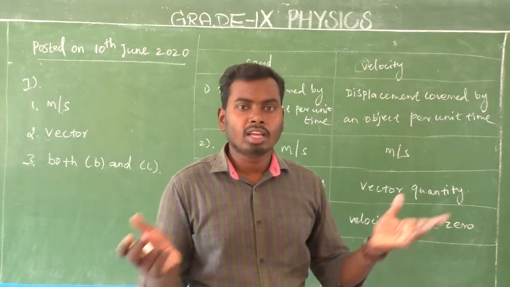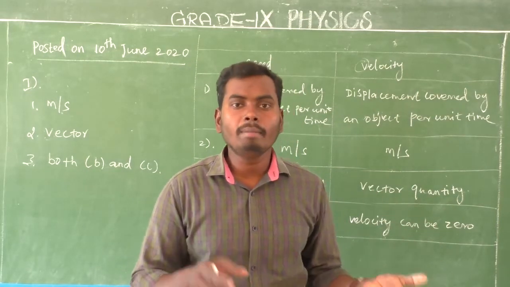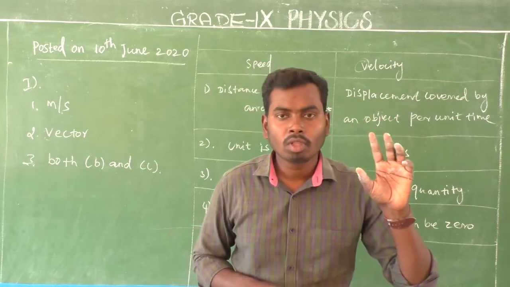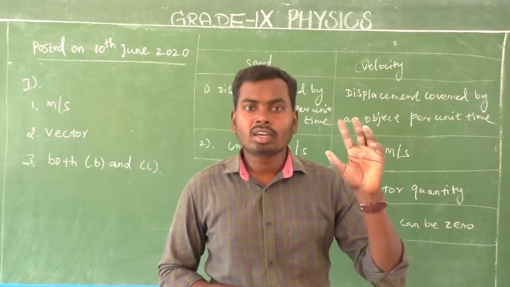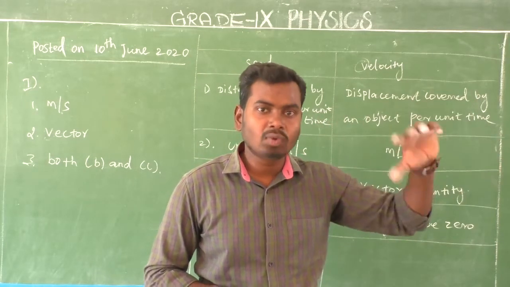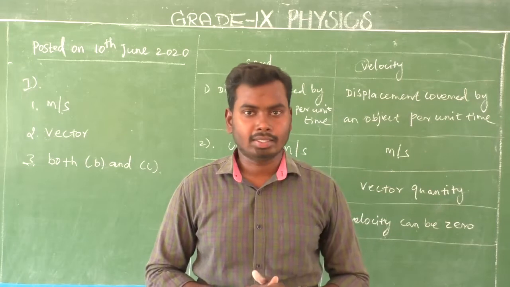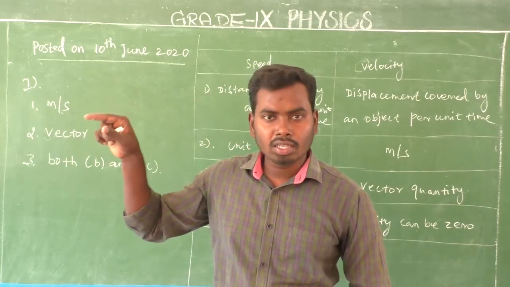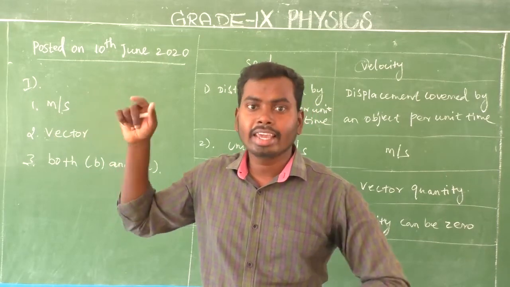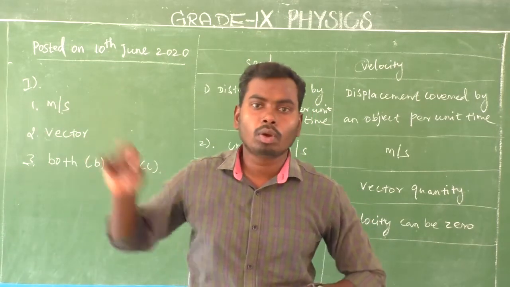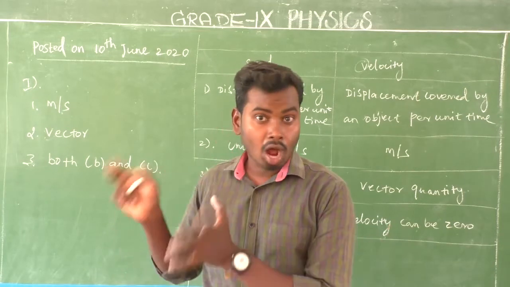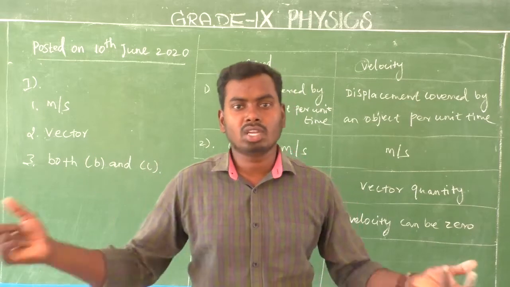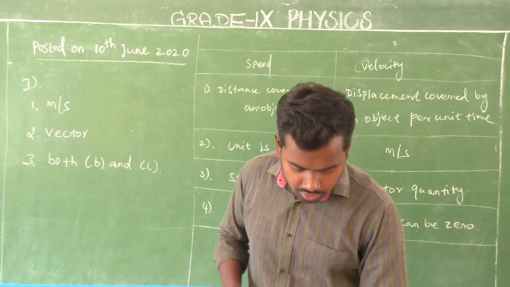So we can say that the object is moving at non-uniform velocity. Is it clear? Very simple, so don't get confused. I repeat again: in uniform velocity, the object covers equal distances in equal intervals of time towards a particular direction. But in non-uniform velocity, the object covers unequal distances in equal intervals of time towards a particular direction. In both cases, time is constant. Time never changes. The distance covered by the object is what changes. Is it clear? Yes. Next, the eighth one.